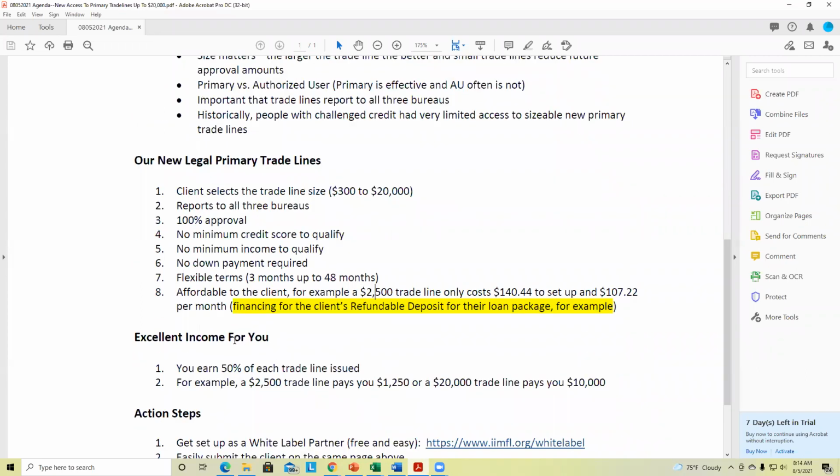Okay, so it's great income for you because for every trade line that we issue, you get 50% of. This is not too good to be true. You get literally 50% of. So let's say that we did this trade line for a client to cover their loan package. How much do you get? 50% of that, 1,250. Let's say that the client said, well, I want a bigger trade line because I want to increase the strength of my credit profile